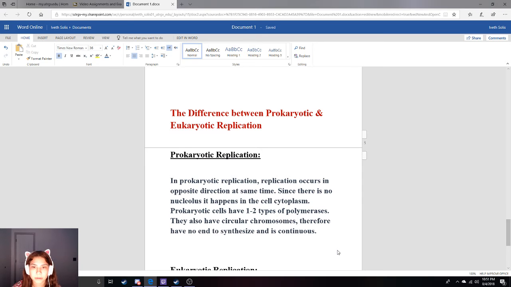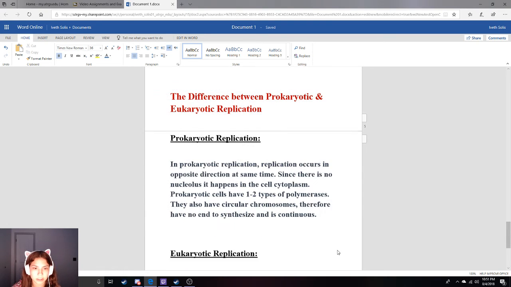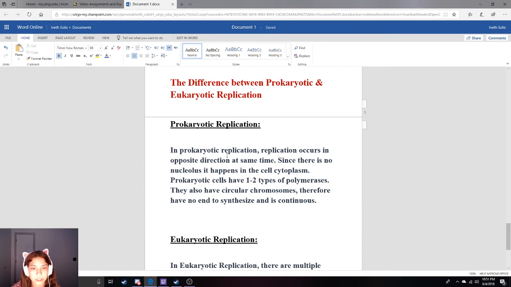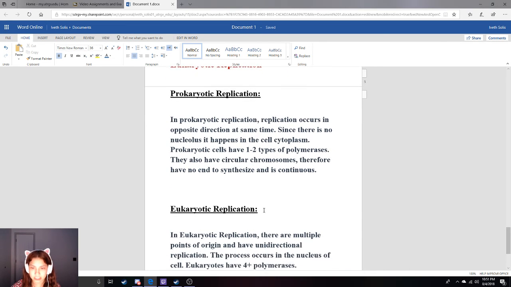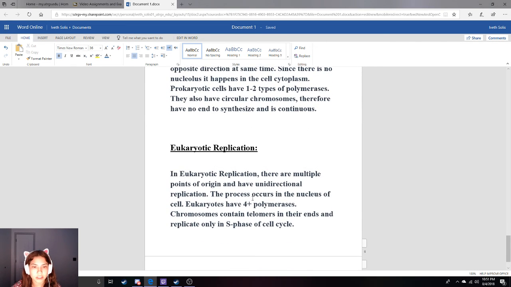The difference between prokaryotic and eukaryotic replication is that prokaryotic replication occurs in opposite directions at the same time. There is no nucleus, so it happens in the cell cytoplasm, and prokaryotic cells have one to two types of polymerases. They also have circular chromosomes, so there is no end to the synthesis, and it is continuous, while eukaryotic